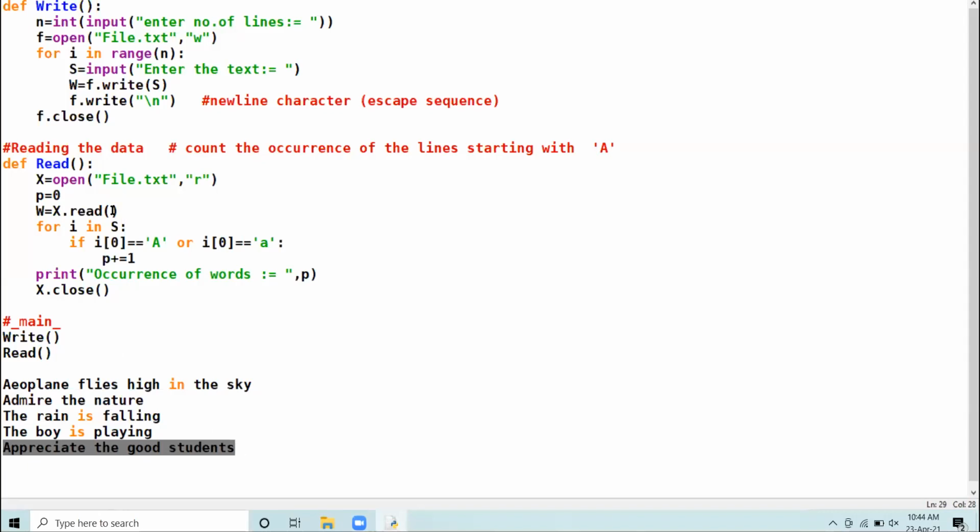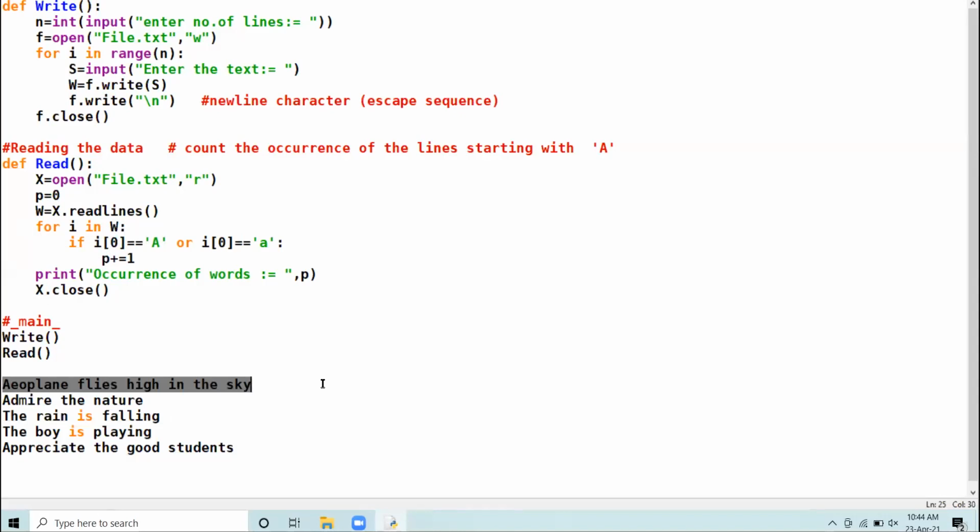So here you will use one new function, readlines. Till now you used the read function. Now you will use the readlines function. Now W will hold each line. This W is representing each line. I in W. I refers to the first line.